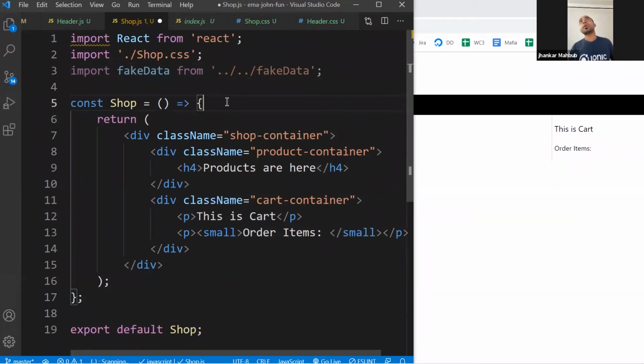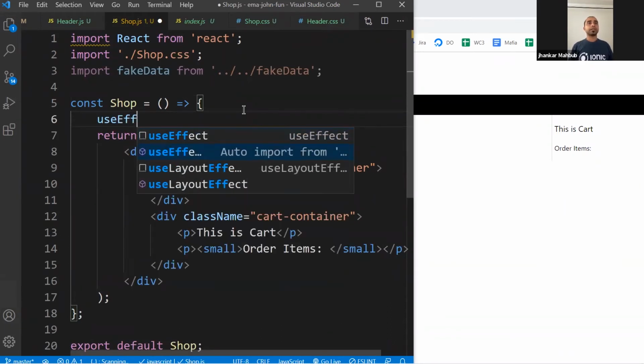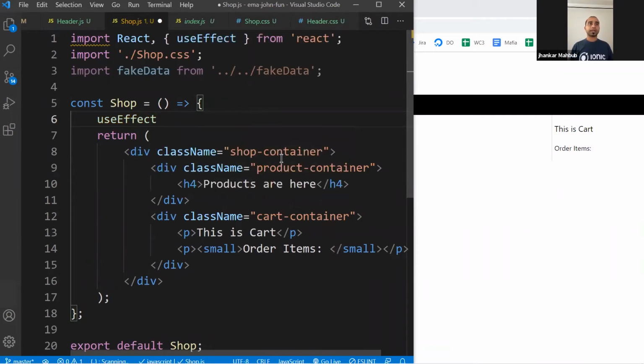If you remember the previous way, if you are trying to load data from JSON placeholder or any other place, you need to do three things. First thing you need to do is use useEffect. That means you are loading something external, there might be some side effect. And that's why you will use useEffect. Press enter on the auto import, and you see useEffect is coming here.